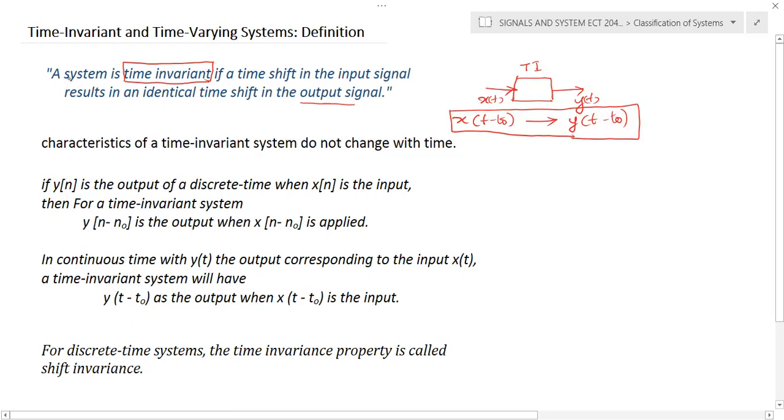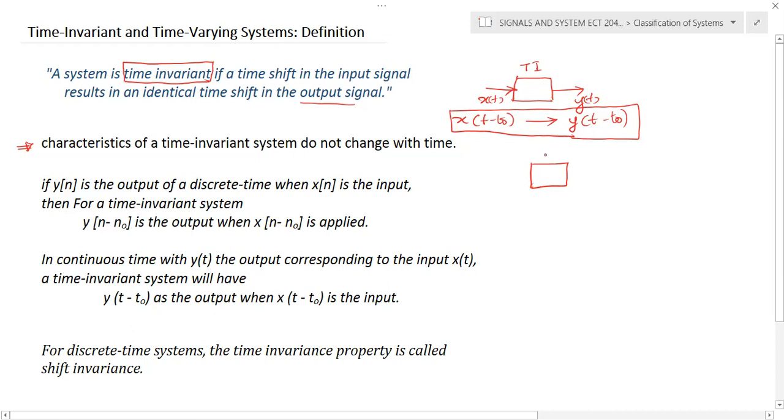This is a basic definition. So we can repeat the statement: a system is time invariant if the shift in the input signal leads to an identical shift in the output signal. And we can state the time invariant property in another way, that is, the characteristics of a time invariant system do not change with time. Means if you are getting an output,